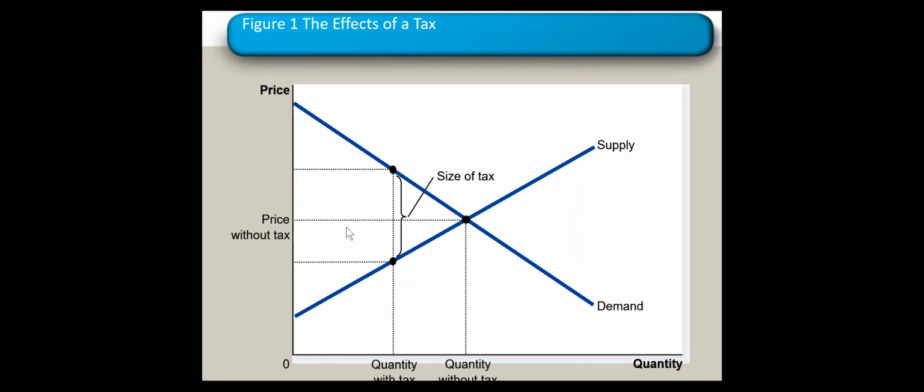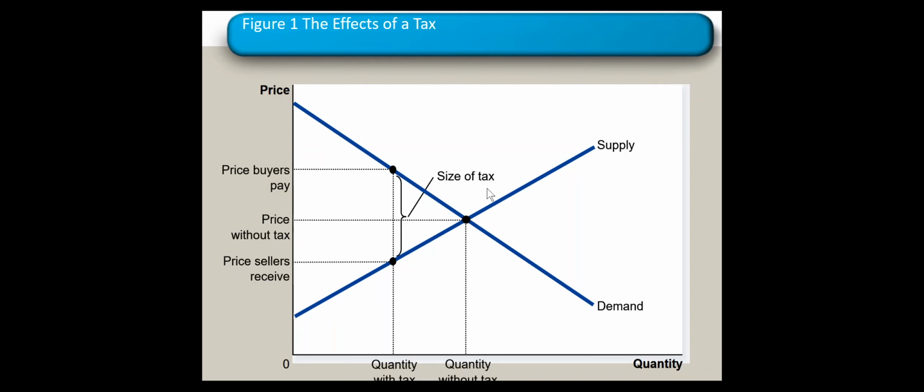How do we know the size of the tax? We can measure the difference between these two points, and that's the size of the tax. So the total revenue can be calculated based on this size, and it's actually easy, it's not difficult. Now look, this size is a number that we can calculate between these two levels, the price buyers pay and the price sellers receive. If we subtract, we will get the size of the tax. We can multiply it by the quantity sold or the quantity demanded.